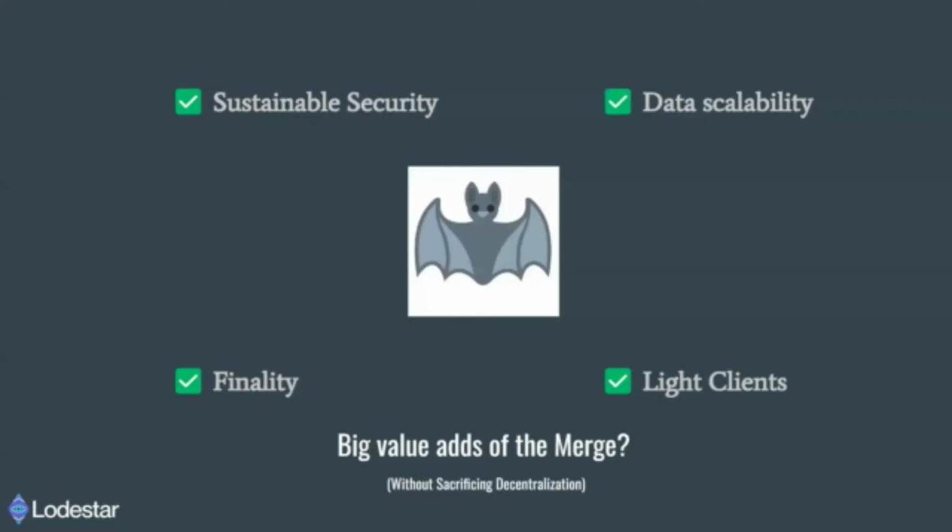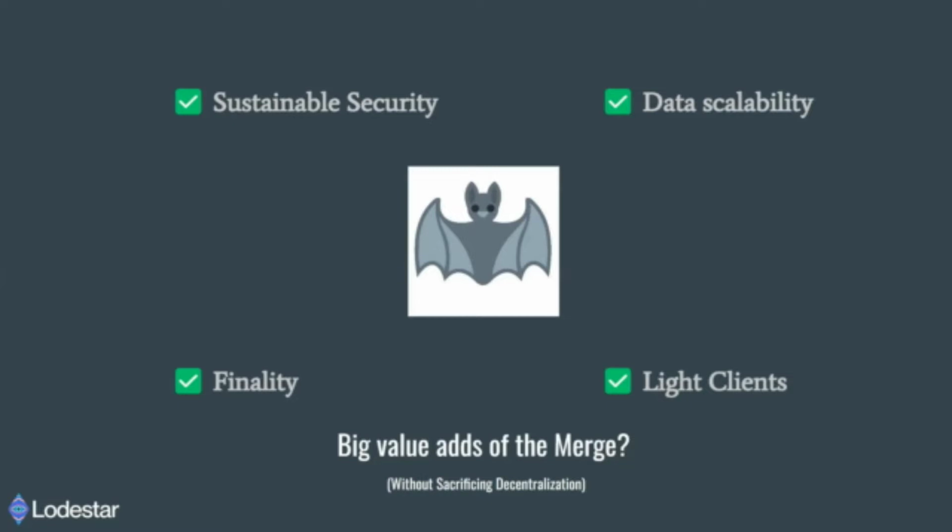So what are we trying to get out of the merge? We want sustainable security. Basically, we don't want to spend so much budget on making sure that miners are compensated. We want to really scale the transactions, and the way to do that is through data scalability. And for that, the Beacon chain is a stepping stone, because the next things that are coming up are going to be sharding on the Beacon chain,